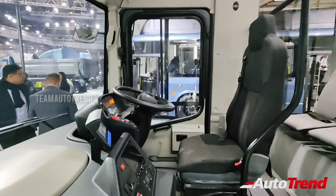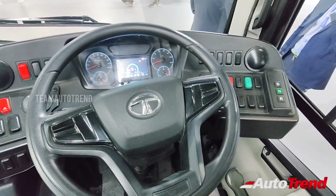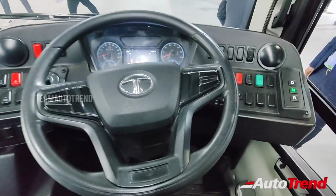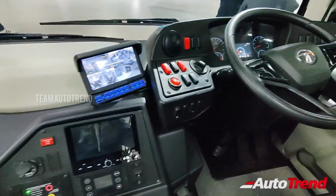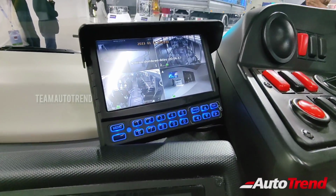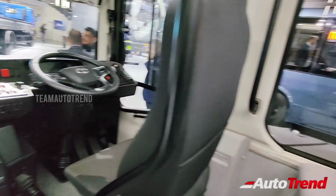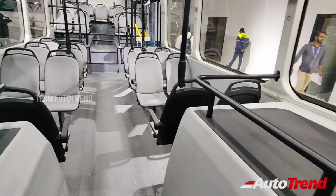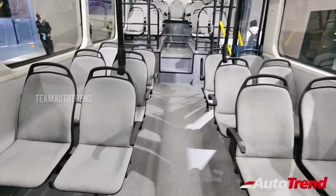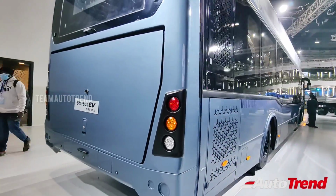That said, for the most part, the cabin is similar to what we have seen on the EV version, with the same steering wheel, the same selector buttons for the transmission, and both these buses also get a touchscreen system, also offering a separate camera monitor display for all the cameras inside and outside the bus. This Star Bus EV fuel cell version also has got a 35 plus driver seating capacity, and with the hydrogen fuel cells equally distributed on top of the roof of this bus, there is no compromise in terms of overall